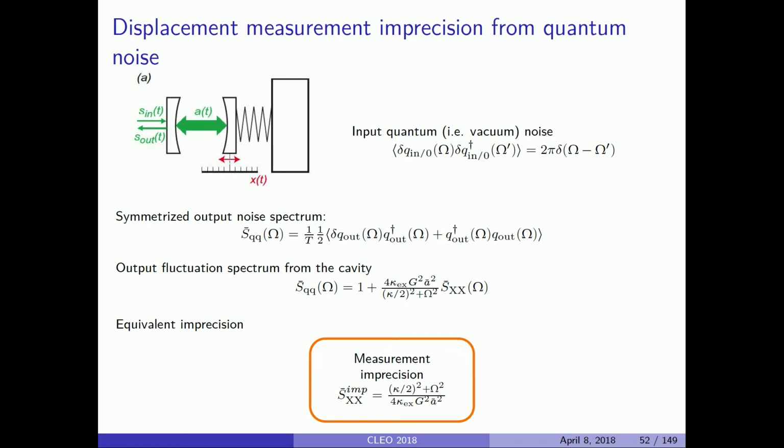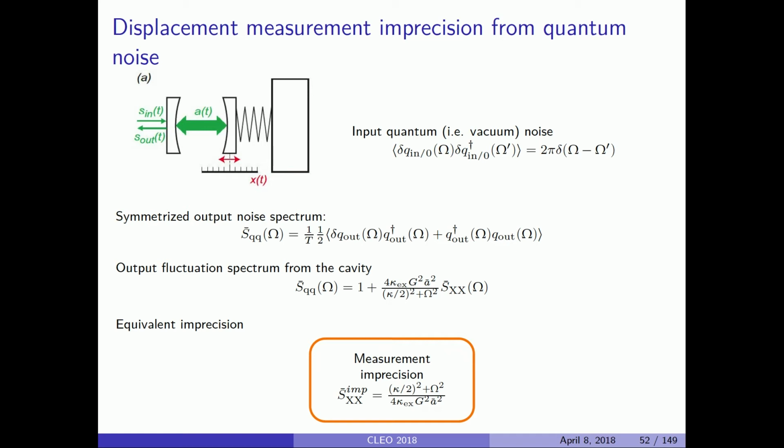That's your shot noise. So quantum mechanics always enters whenever you evaluate operators at two different times, and whenever you evaluate operator products, because then it matters in which order something appears. A A dagger is not the same as A dagger A. That's where you get the commutator. And this little 1 here is a shot noise, okay, and the term here, this is the noise